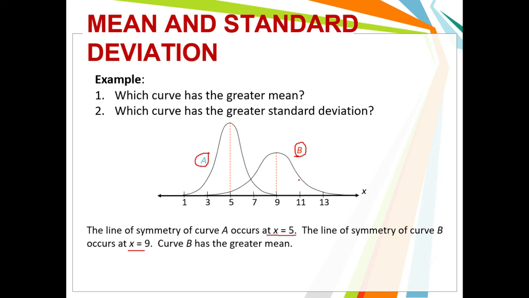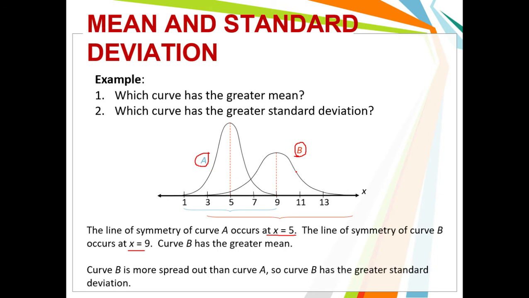Sa standard deviation naman, yung measure ng gaano kalawak. It is quite obvious, mas malapad ang B, therefore siya yung mas malaki ang standard deviation. So yung ating curve B is more spread out than A. Ibig sabihin si B ang mas malaki or greater ang kanyang standard deviation. So that's how we look at the normal distribution. We just look kung saan ang line of symmetry, yun ang kanyang mean. And if we observe yung spread or yung pagkakalat or gaano kanipis or kalapad yung ating curve, that measures naman yung kanyang standard deviation.